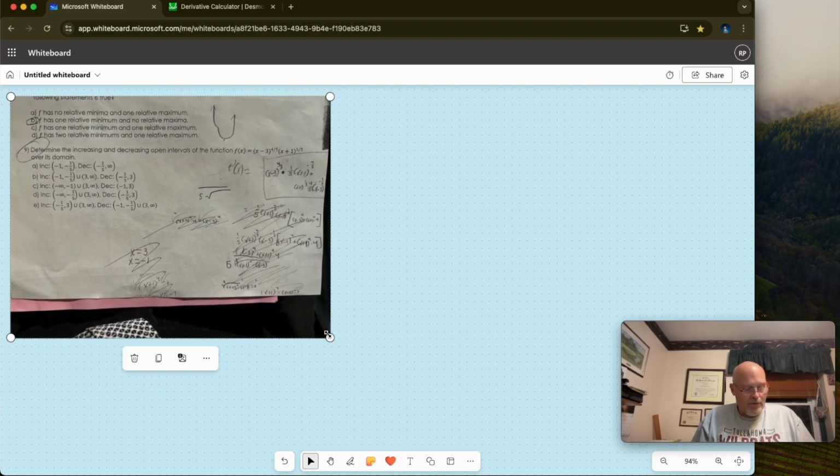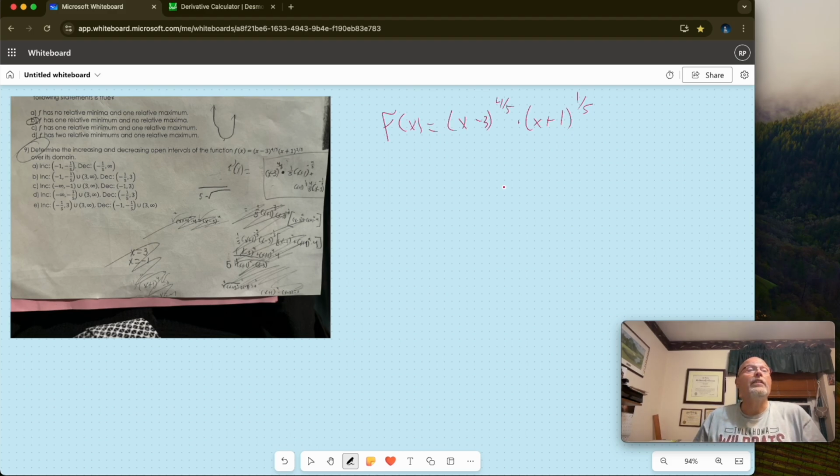So what we're going to do is recognize that whatever the function is doing, the slope of it is going to be the derivative. And so if we take the derivative, where the derivative is negative, it'll be decreasing, and where the derivative is positive, it'll be increasing. So we're going to use the product rule, and this will be (x minus 3) to